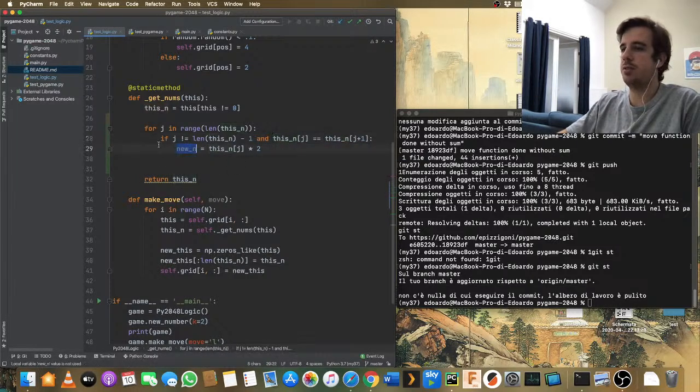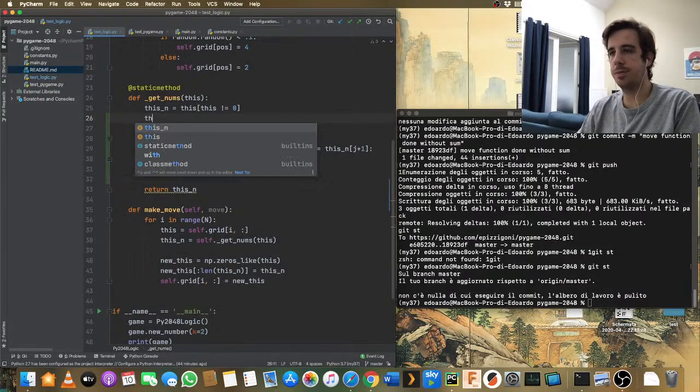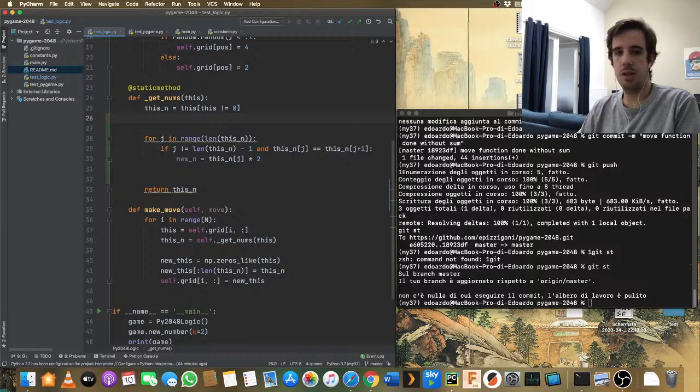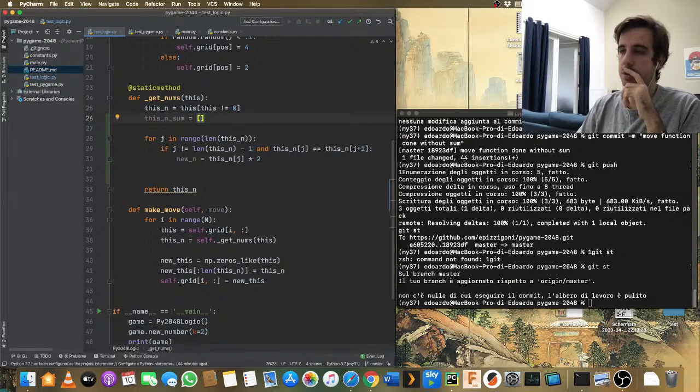Okay, but we need to save this somewhere. And actually, what I want to do is, let's make a new one. Sum. I will make just a list for now. So I want to make a list, and I will look at the position and I will place in the correct place